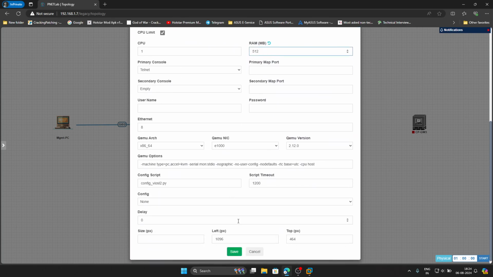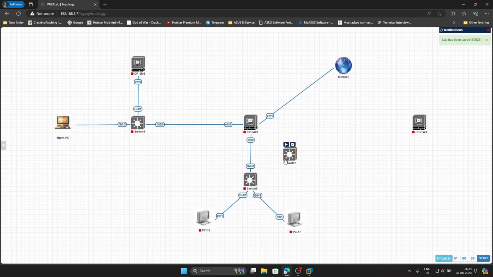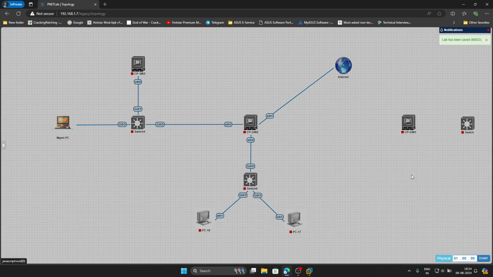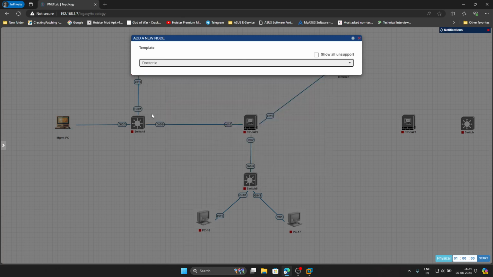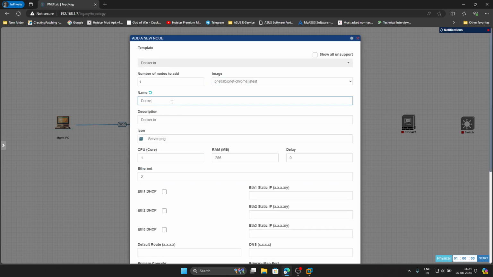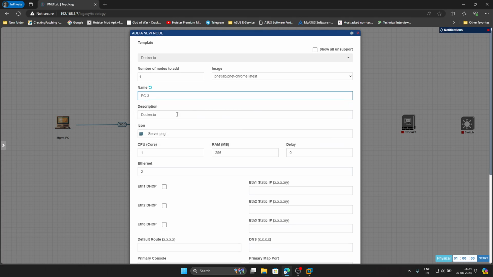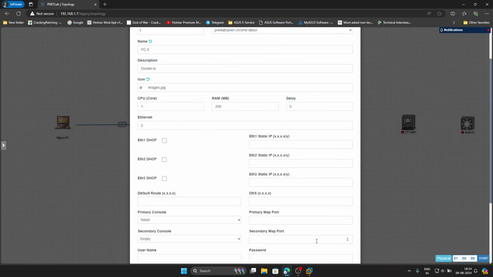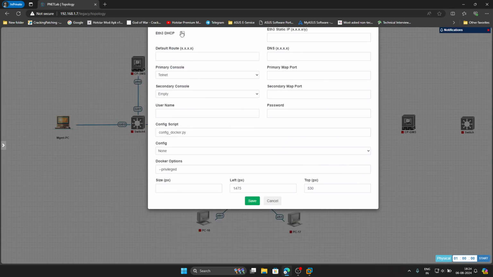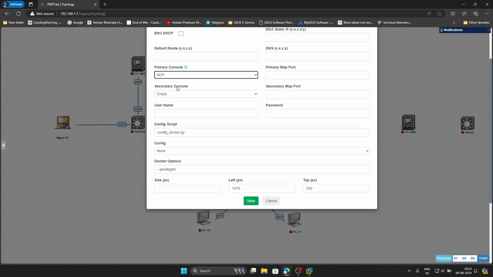512 MB RAM and save. This switch should be placed here, and we need another Docker. So I'm going to add another Docker, select this Docker as PC2. For this PC we gave the name PC3, and I'm going to select one more icon. Select it, and it's on RDP, and this is my